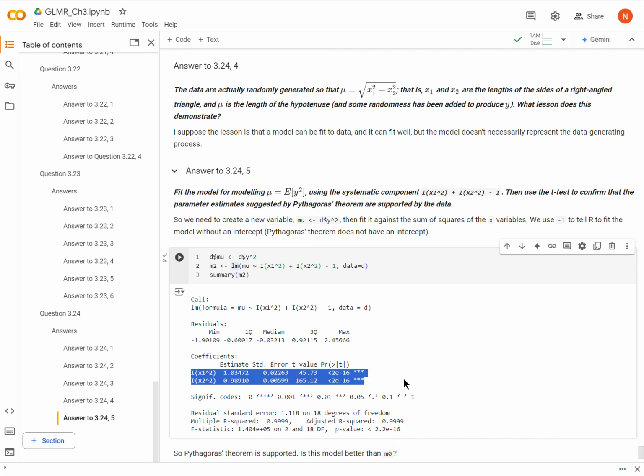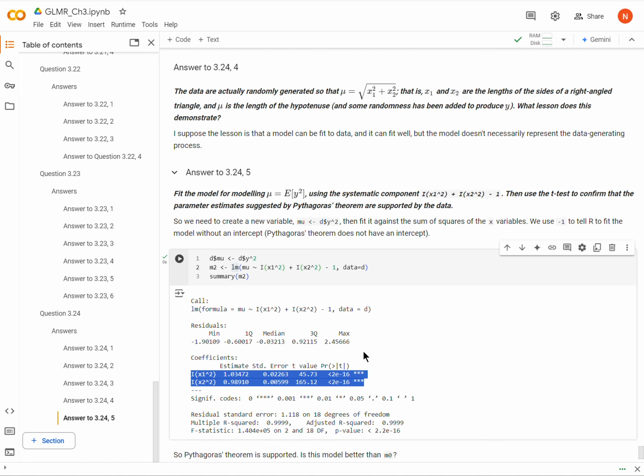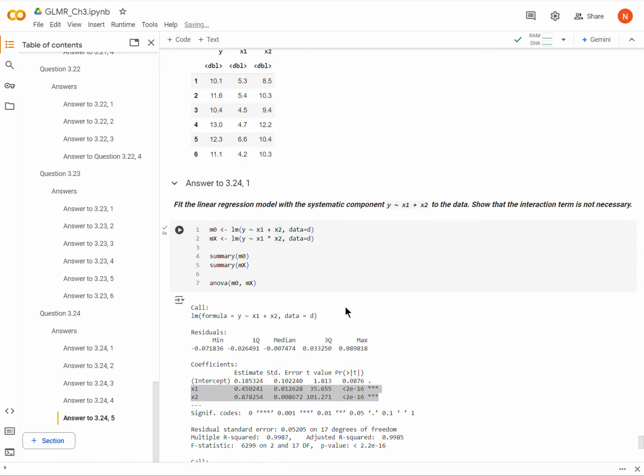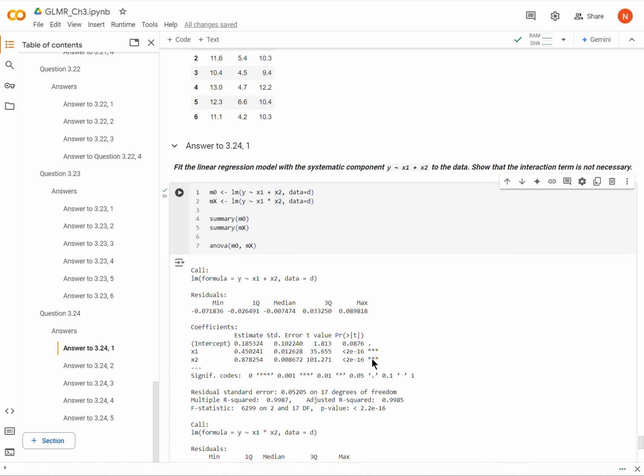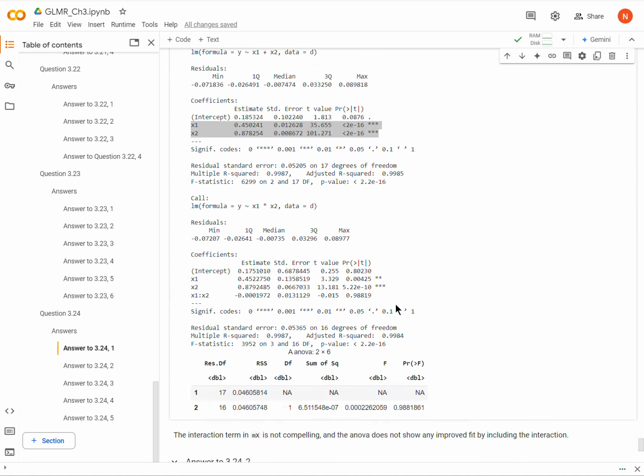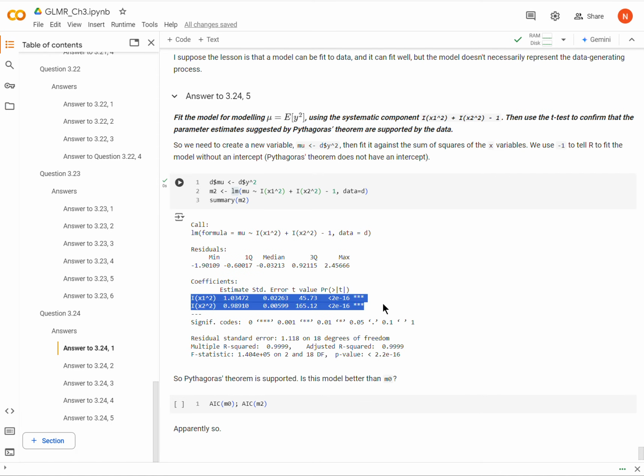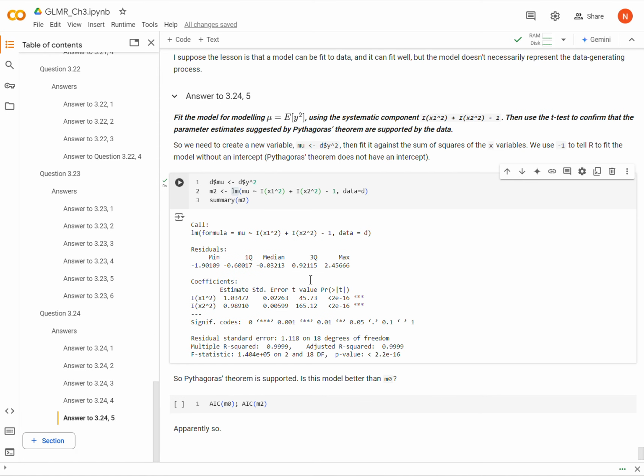And so here are our estimates. Notice that if we were just looking at p-values, there isn't really anything to suggest that this model, which is very close to the data generating process, looks very different, at least in terms of significance values, from the one that we know does not represent the data generating process. But anyway, we see that this might support Pythagoras' theorem,